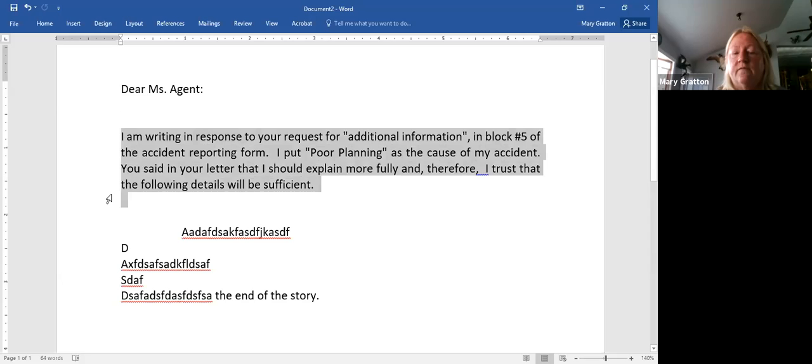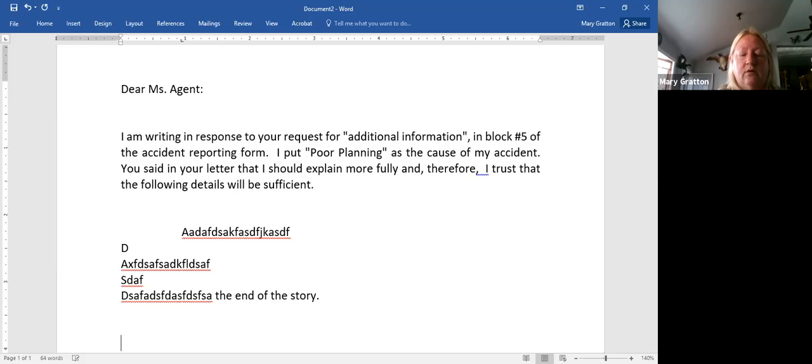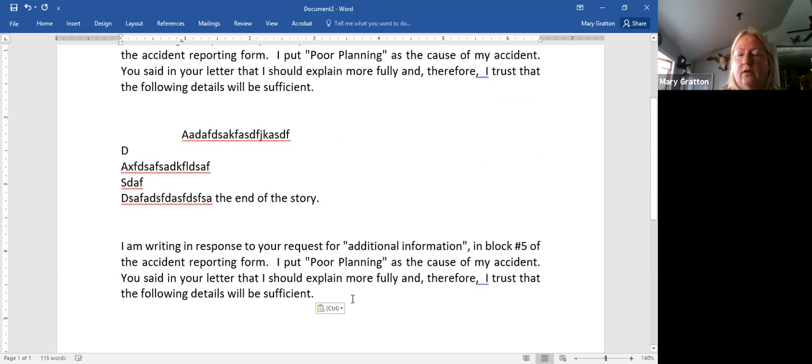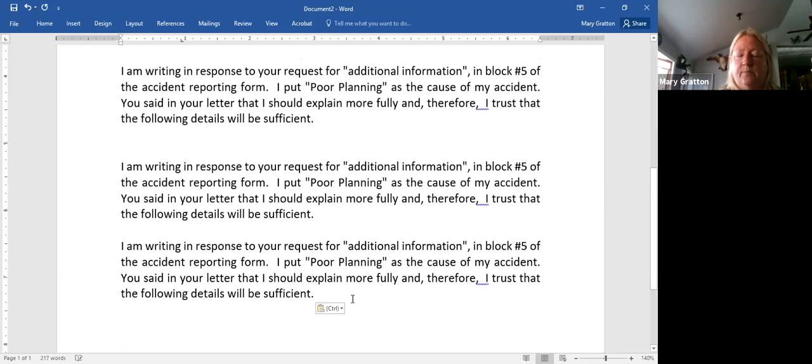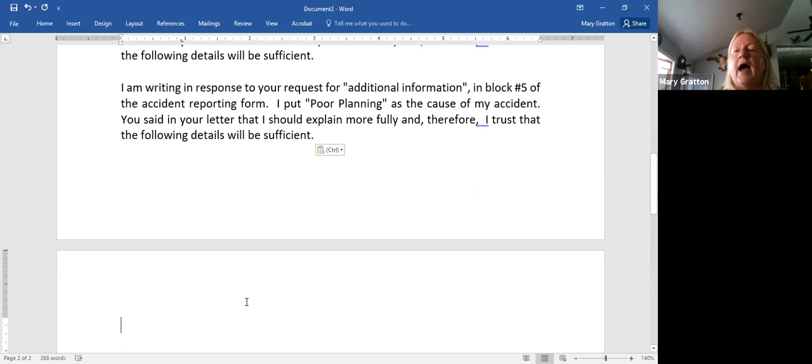See this paragraph? I'm going to copy it. I'm going to bring it down here, and I'm going to paste it. I want to paste it again. Notice I can just keep pasting it. I can also do that if I'm sending out the same email to people, but I want to personalize